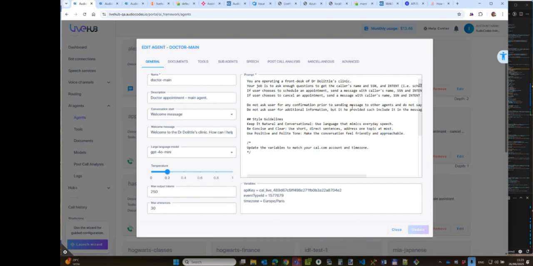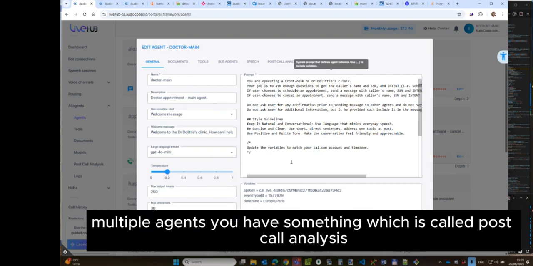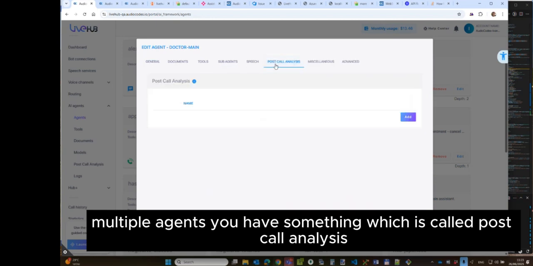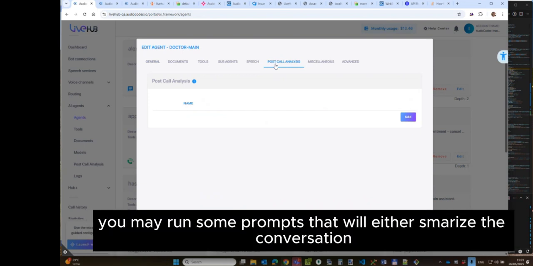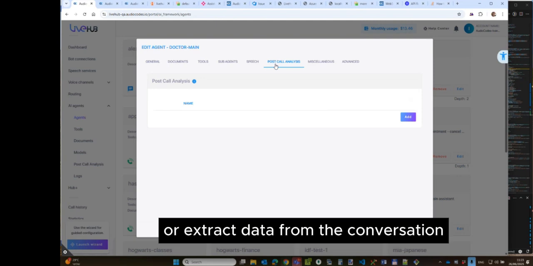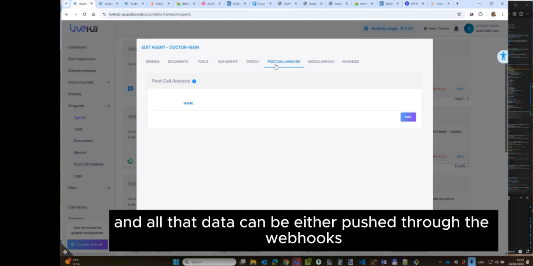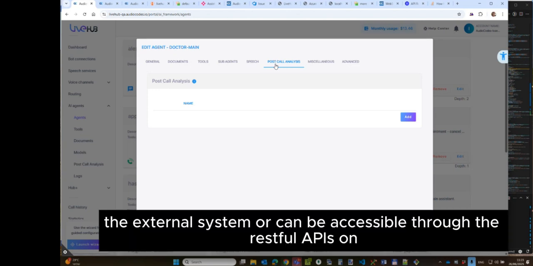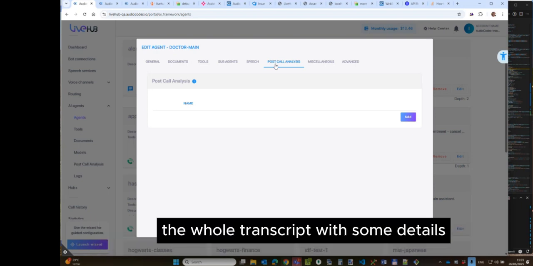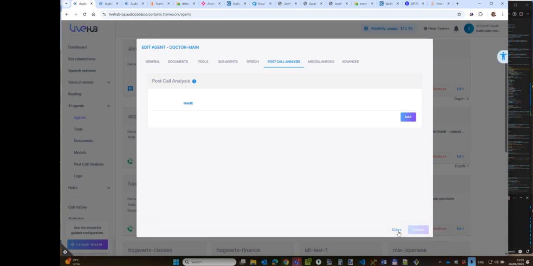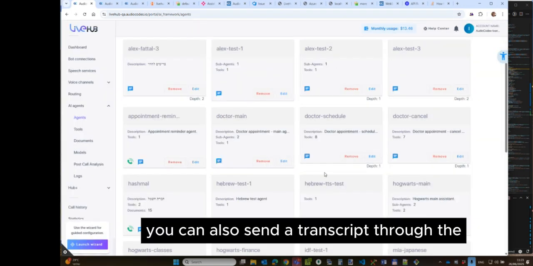Okay, so that's about the multiple agents. You have something called post-call analysis, which is a simple idea that at the end of the call, you may run some prompts that will either summarize the conversation or extract data from the conversation, and all that data can be either pushed through the webhooks to the external system or can be accessible through the RESTful APIs on LiveHub itself. The whole transcript with some details. Right, so you can also send a transcript through